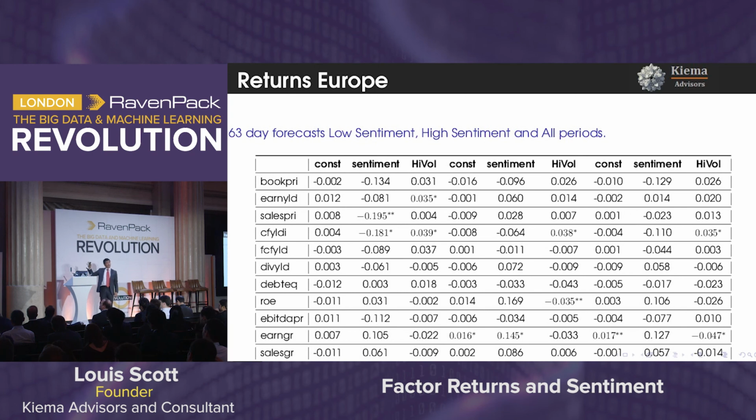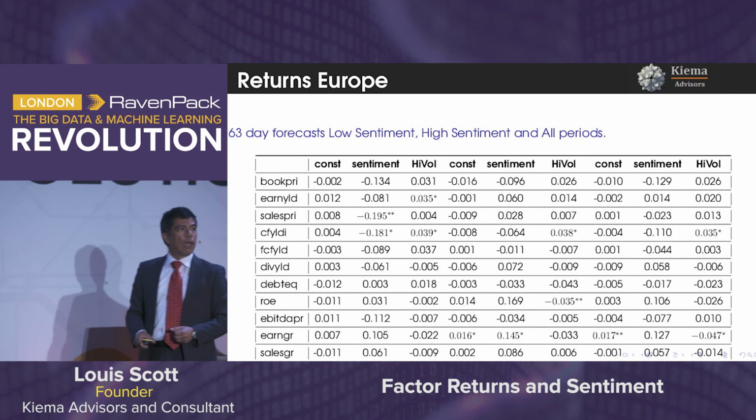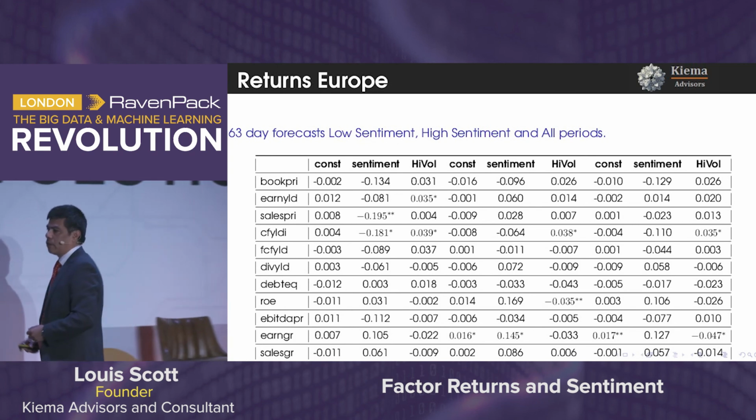I've got 2 dummies here. I've got a constant of all ones, a dummy for the high sentiment regime, and a dummy for high vol. And when I say high vol, I mean the top 80th percentile of historical volatility. Okay? So just a bunch of dummies. And I am looking at,